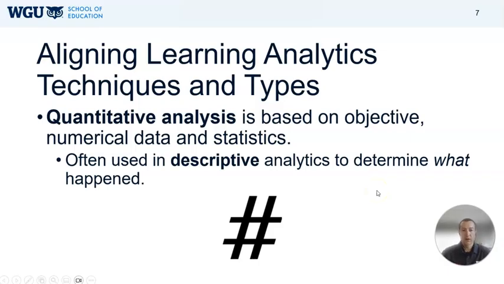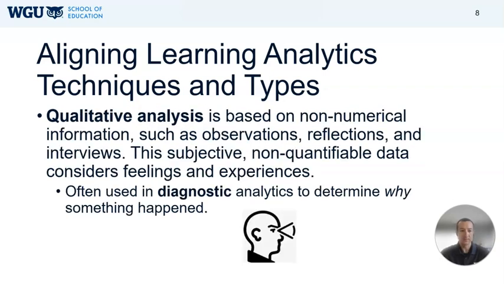And when we're using learning analytics and we're working through these, we're going to use different types of data. Quantitative analysis here, quantitative, we always want to think numbers. It's very numerically driven. It's statistics. It's a very objective process. It's numbers on a page. Again, these are those data points that we're able to plot on a graph, and that's what happened in the past. In order to have those data points, it's had to have happened in the past.